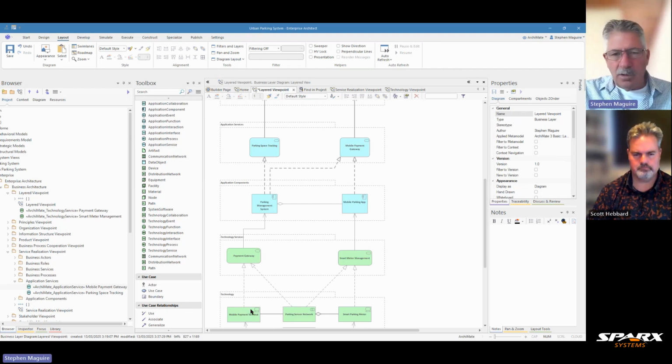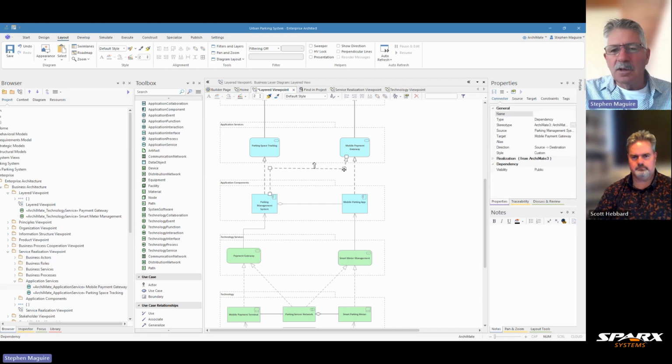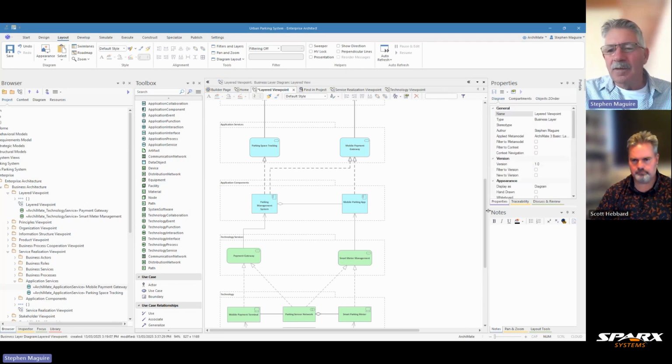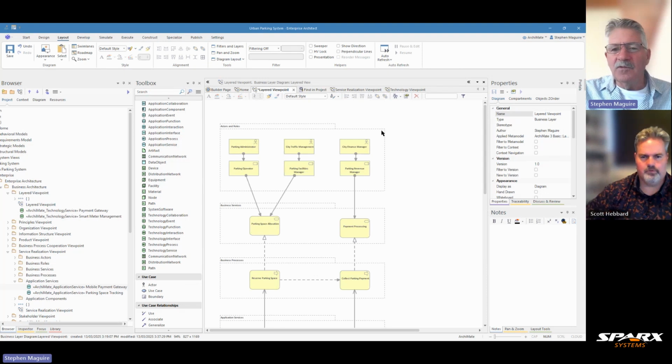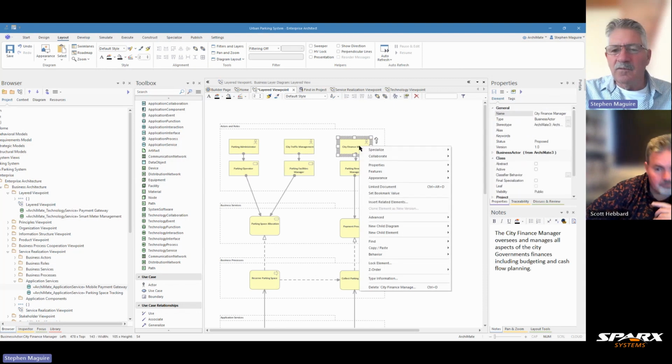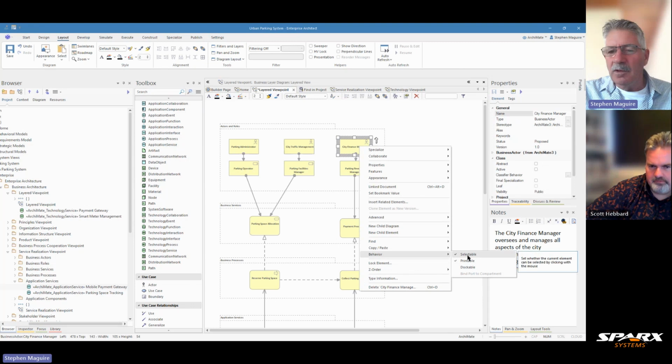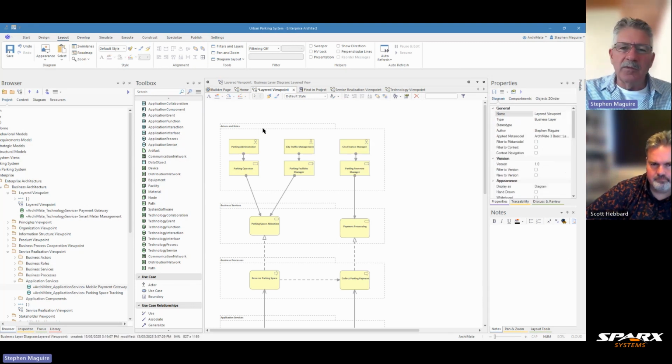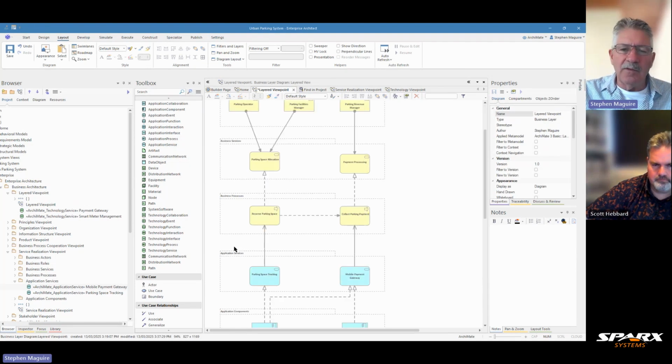And what you can see, Scott, is that in the diagram I've got the layers organized vertically, and I've turned off the ability to select them. So this is a feature that's very useful. You right mouse click on an element here, you can go to the behavior item there, and you can say whether you want it to be selectable or not. And that's turned the layers off, or rather it's turned these grouping boxes off, which are equivalent to the layers,